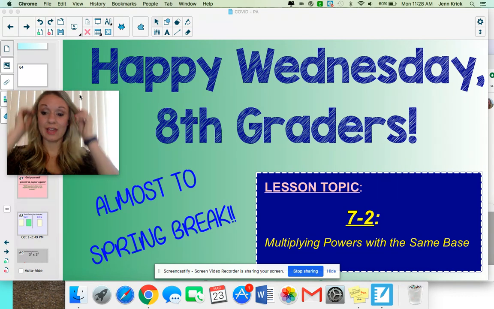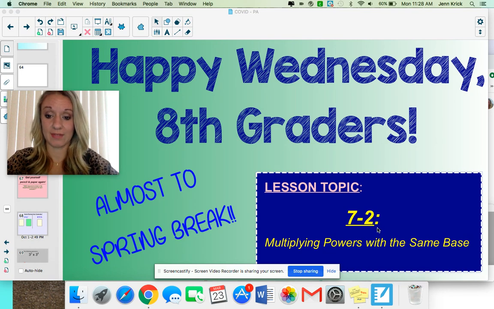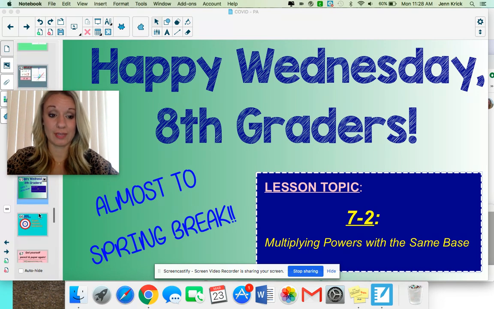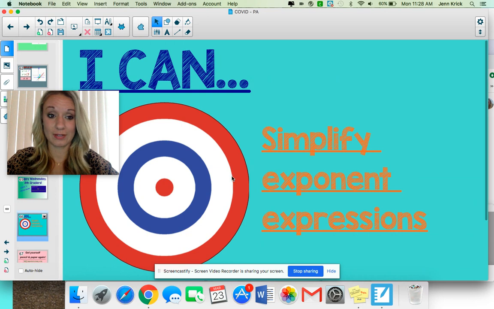All right, today we're going to push forward with chapter 7. We're going to go more into the properties that involve multiplying with powers with the same base. Just to make sure we're on the same page, all you guys are doing the rest of this week is just simplifying exponent expressions. So you're just using the rules and the properties that we look at, and you're just simplifying different expressions that